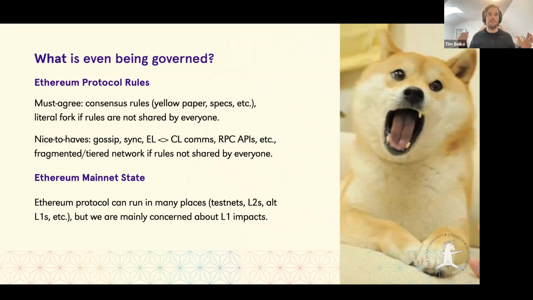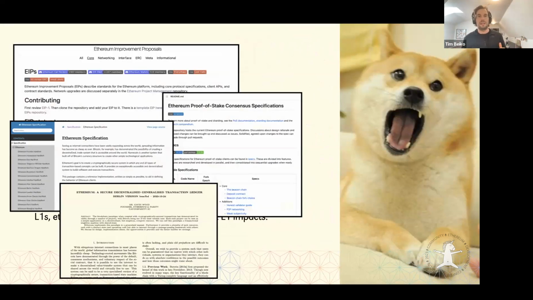So effectively, the Ethereum network is based on a protocol, which is a set of rules that are implemented in things like the Ethereum Yellow Paper and EIPs, or the Python specifications that we have for the network. They define the set of functionalities that a node has to implement to participate on the Ethereum network. And if you do not follow the rules of the protocol, you're kicked off of the network. That's really the main thing that, when we say we're changing Ethereum or having an upgrade to the Ethereum network, is changing.